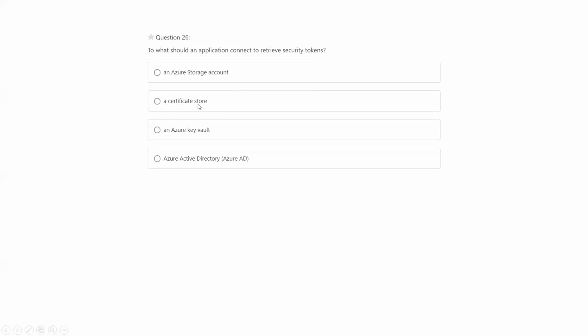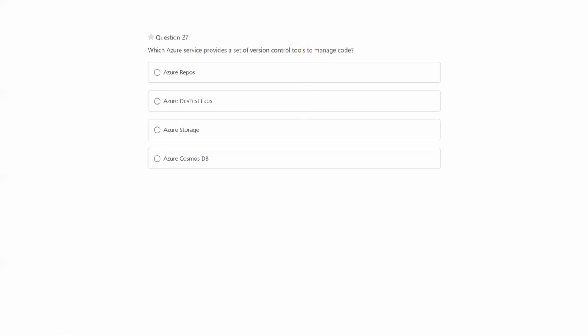The certificate store is used for storing certificates. Key Vault will be used for managing your secrets and keys, not the security tokens. Our security tokens are retrieved from Azure Active Directory. So when you create a managed identity, internally the application is actually creating these kinds of security tokens. So Azure Active Directory is the right answer here.